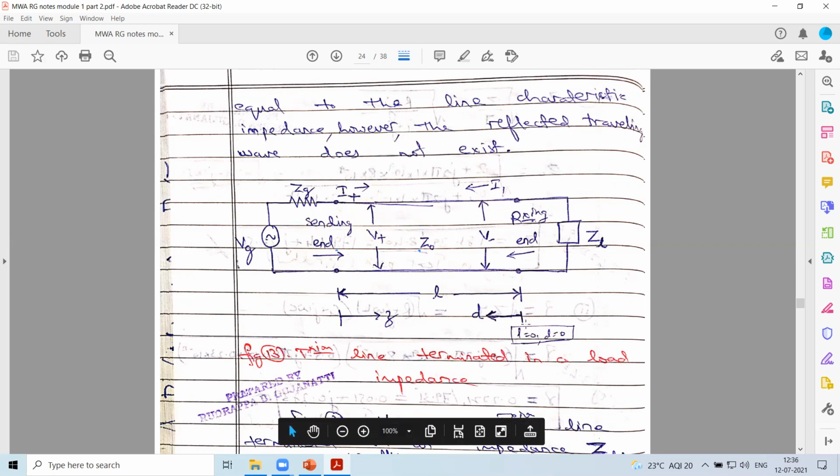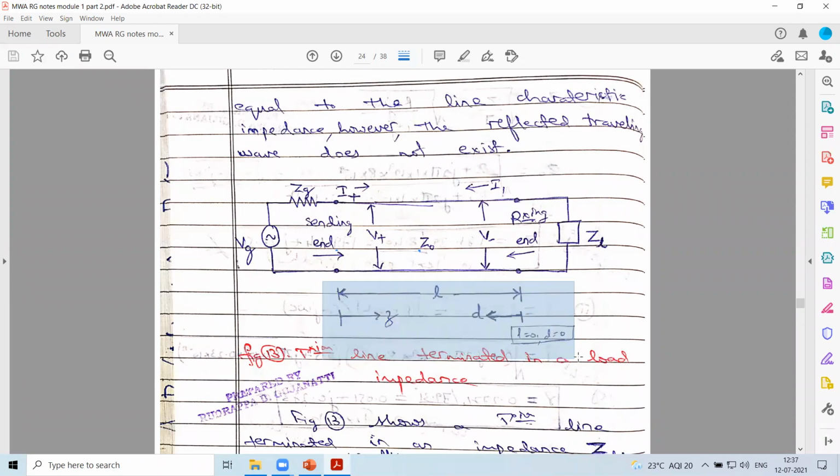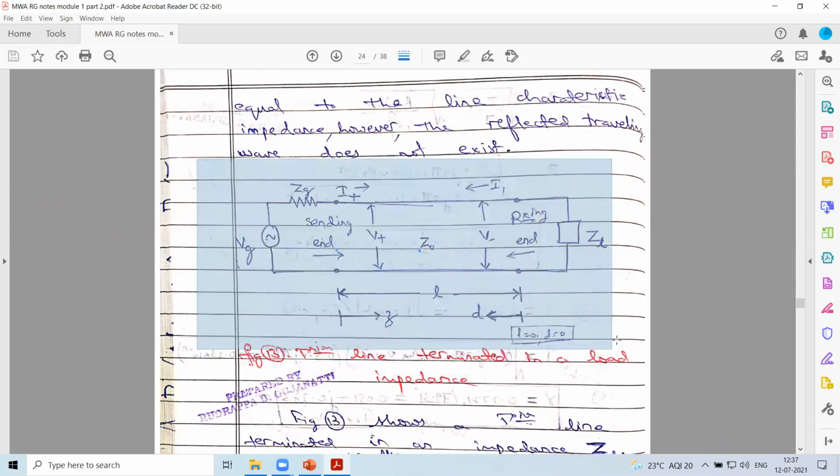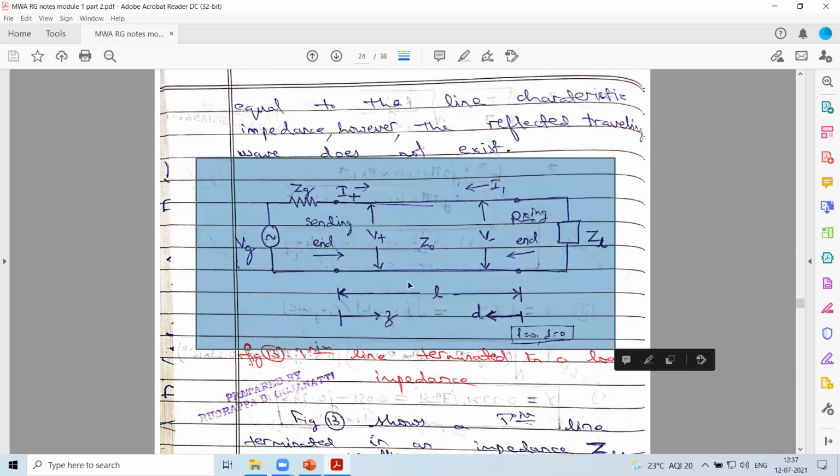So that is just a few indications, because in Smith charts, we will be using terms like moving towards the generator, moving away from the generator, moving towards the load, or moving away from the load. So these are the terms we'll be utilizing. If you're moving towards the generator, you'll be referring to these parameters and utilizing those values. Or if you're moving away from the load, or moving towards the load, these are the parameters you'll be looking out for. Because in some of the books, the representations are slightly different, so you can adjust with those representations. This is the reference in which we'll be discussing the Smith chart.